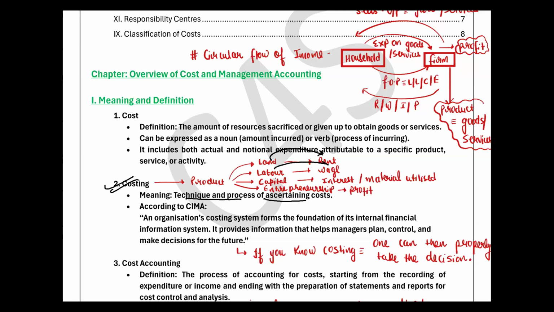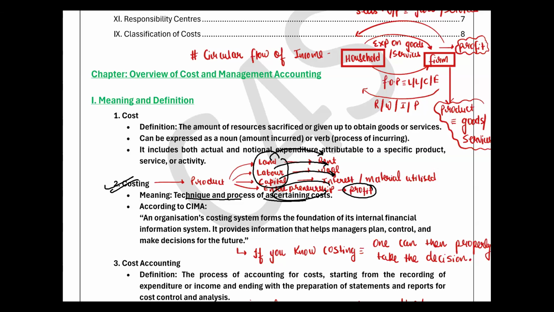If you acquire labor, you will give cost in the form of wages. If you take a loan in the form of capital, meaning investment for future benefit, you will give interest on whatever loan you are taking. If you mobilize this, you will have a profit, and whatever profit you have gained from your firm, you will give in the form of dividend also to your stakeholders, right?